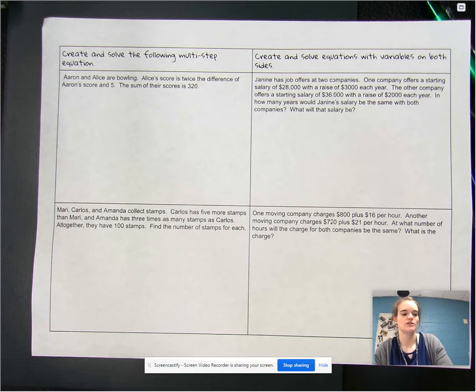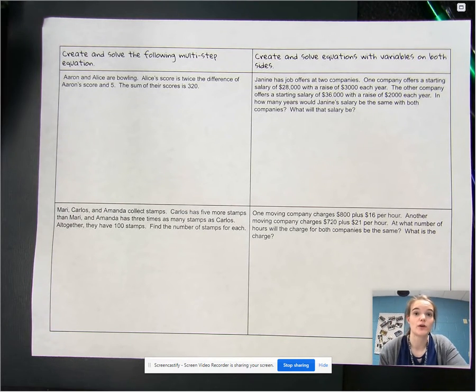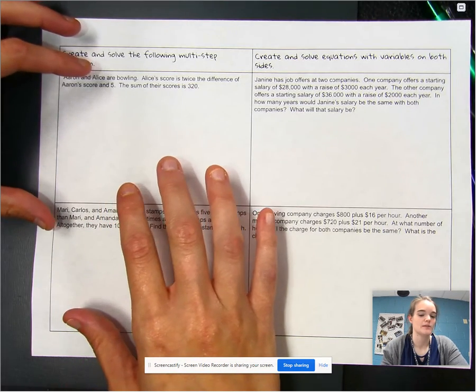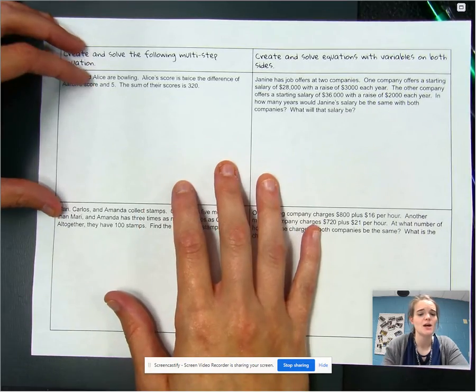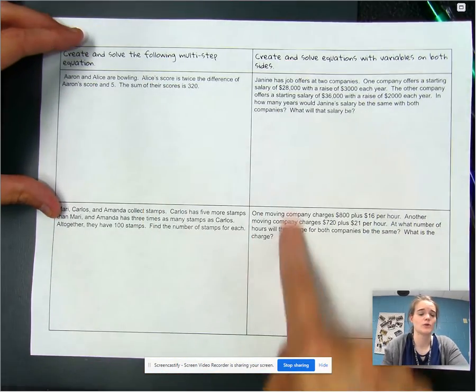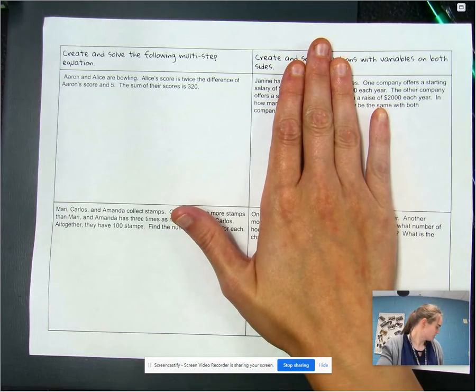Today we're going to continue to talk about equations. To continue to talk about those, we are going to create equations and then solve the equations that we create. So at the bottom of this video, you have both of these. These are all in the same document, but today we're going to do these two and tomorrow we're going to do these two. So you don't need to worry about these just yet,